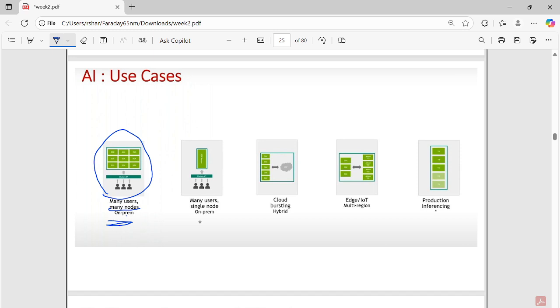Our third type is a cloud bursting hybrid approach, where we are trying to run things on our own machine, but once we exceed a particular threshold,